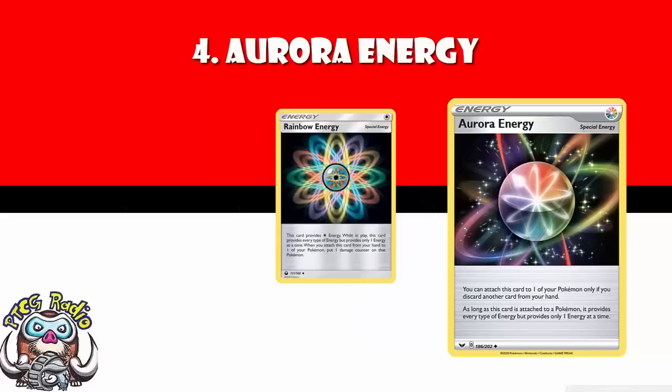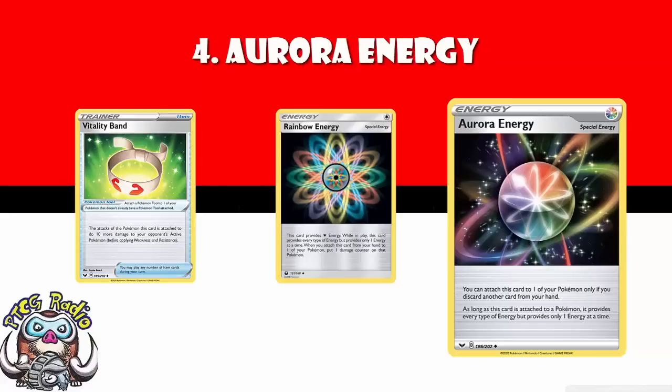You see, Aurora Energy, it's just Rainbow Energy, except you don't have to take a damage counter in order to use it. You do have to discard a card from your hand, but you don't have to take a damage counter. Now, bearing in mind, I've put Vitality Band really high up on this list, and it only does an extra 10 damage, that should tell you what I think about taking the 10 damage from